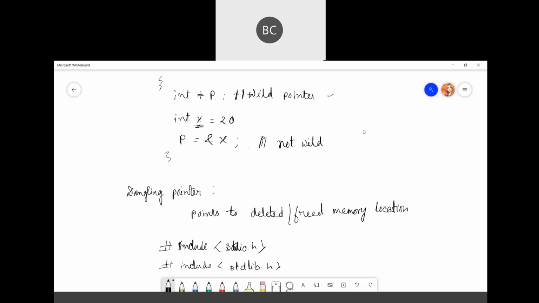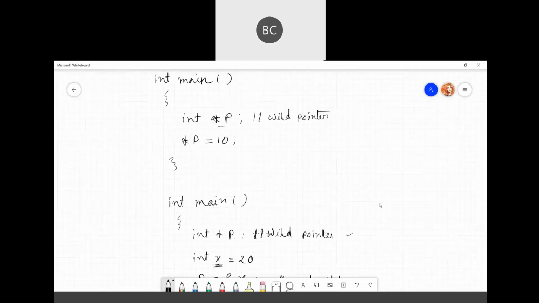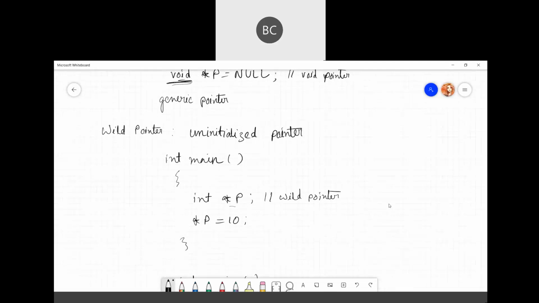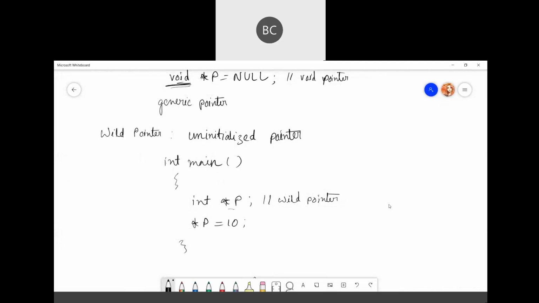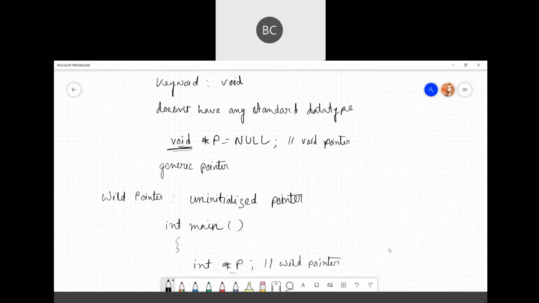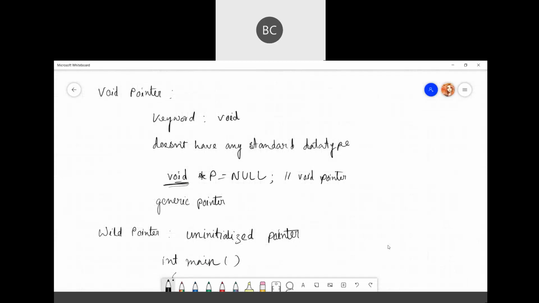A void pointer is your generic or general purpose pointer. It does not have any data type associated with it, and it can be assigned a value of any type. Using the keyword void, you can declare it.